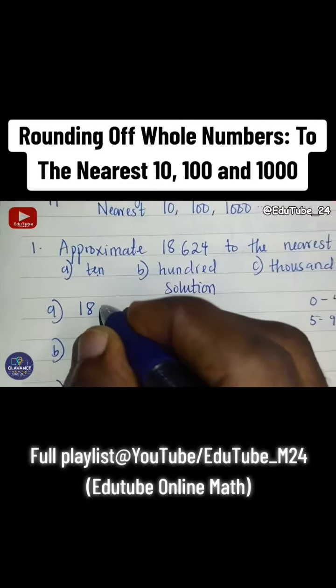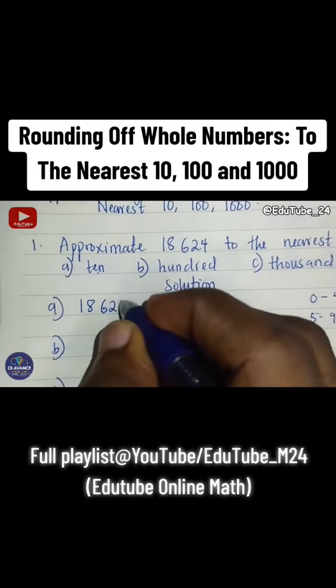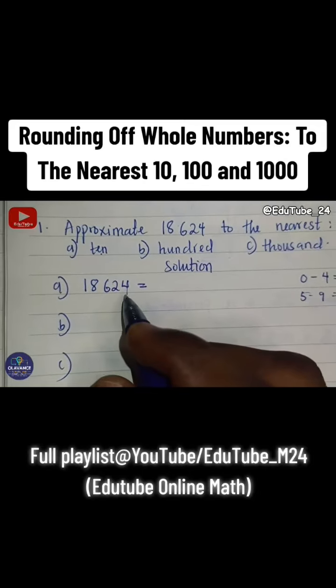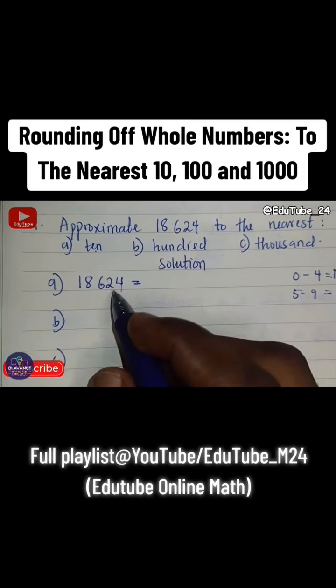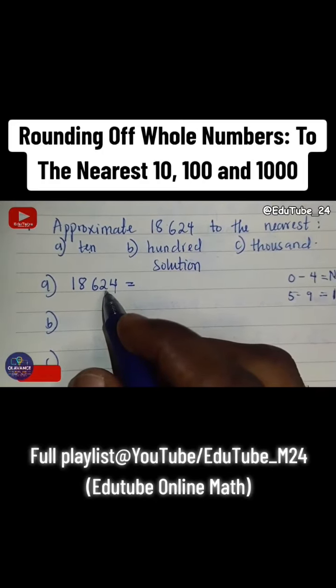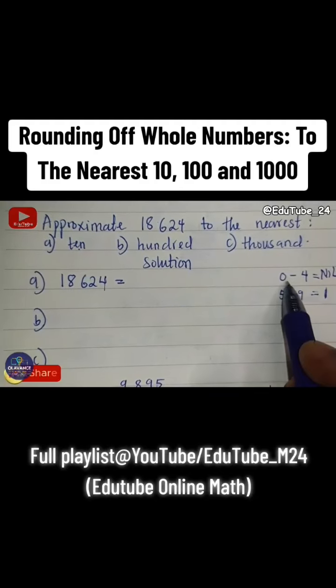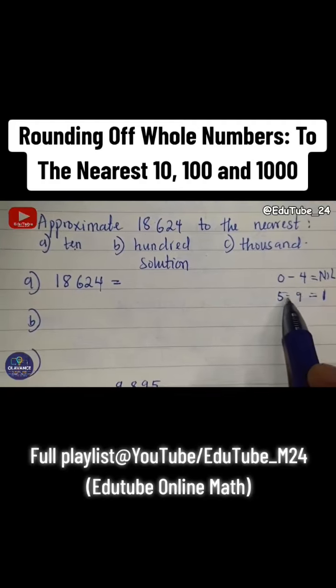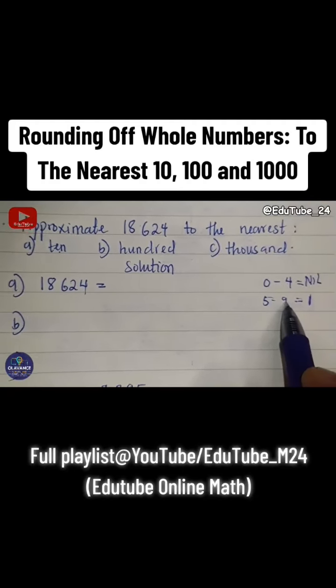18,000. We are approximating 18,624 to the nearest 10. Now, to the nearest 10 simply means you are going to identify the tens place value, and then the nearest number to it will consider the principle of whether it is between 0 and 4, and then we round it down to nothing, and we consider whether it is between 5 and 9, and then we round it up to